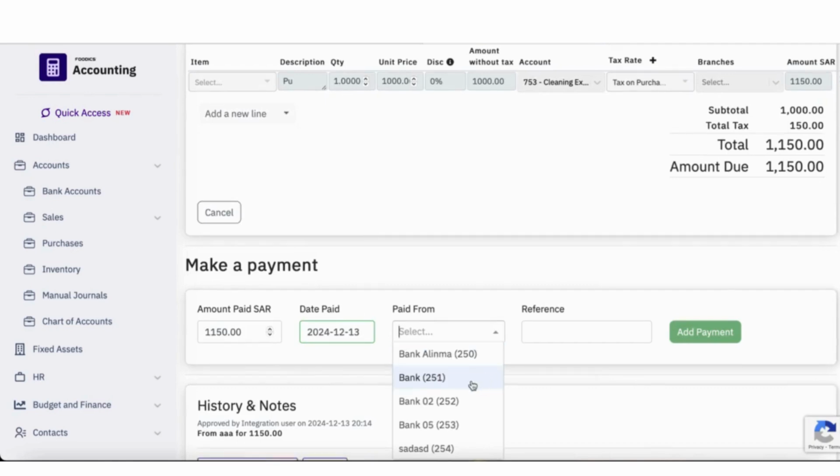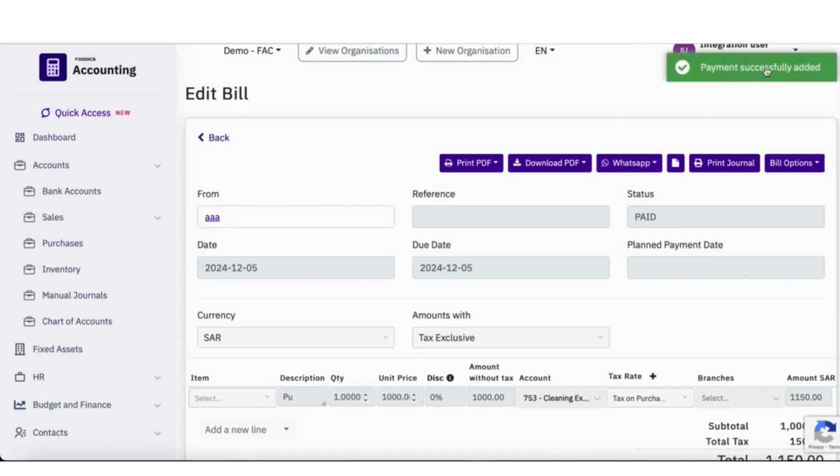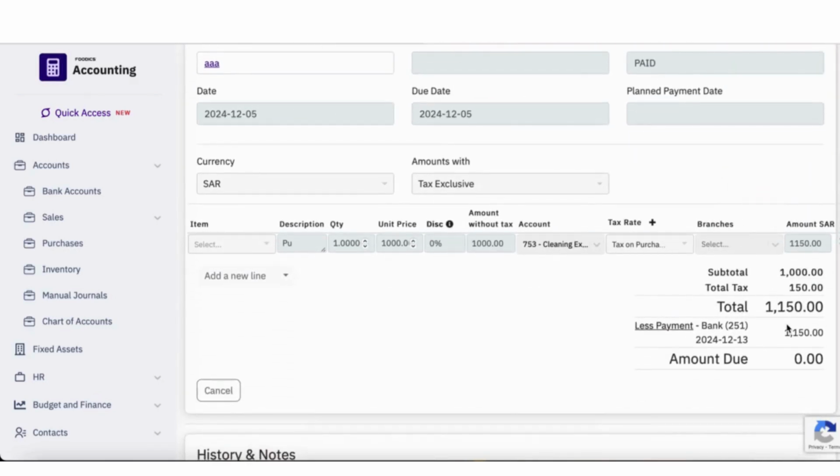Paid from, we would choose the bank, so let's choose 251. Reference, purchases, add payment. The prompt tells us it's successfully added, and as we can see from 251,